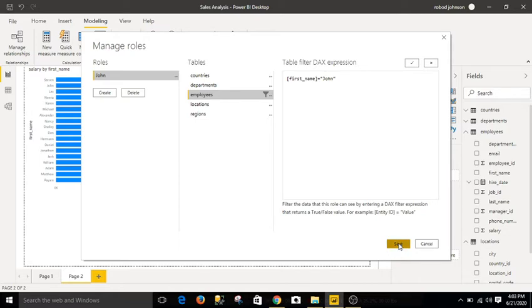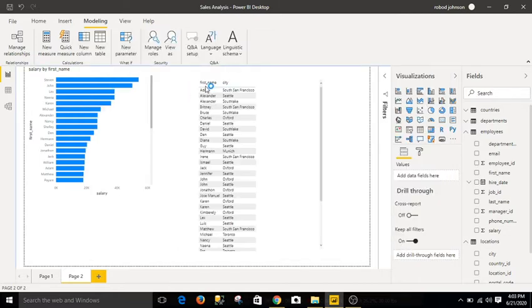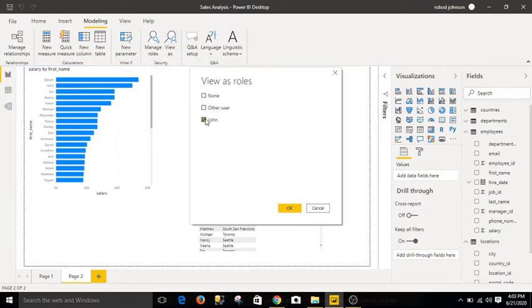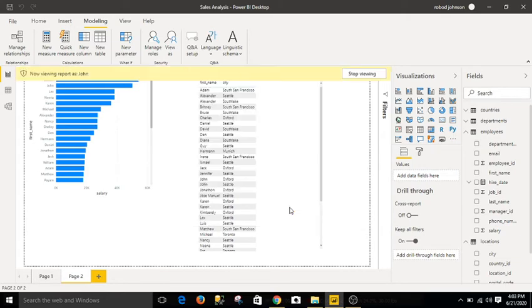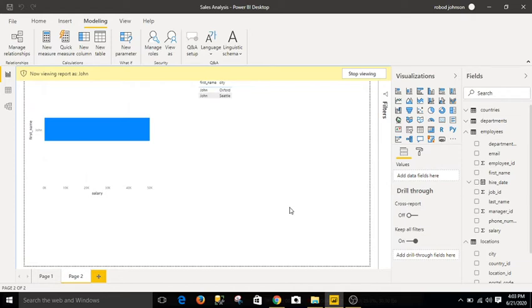Then click on Save, and it has been implemented. You can check here with View as role, and click on John, so it will reflect only John's data. Just see that the data will automatically change. Only John's data is reflecting in both the charts or both the tables.